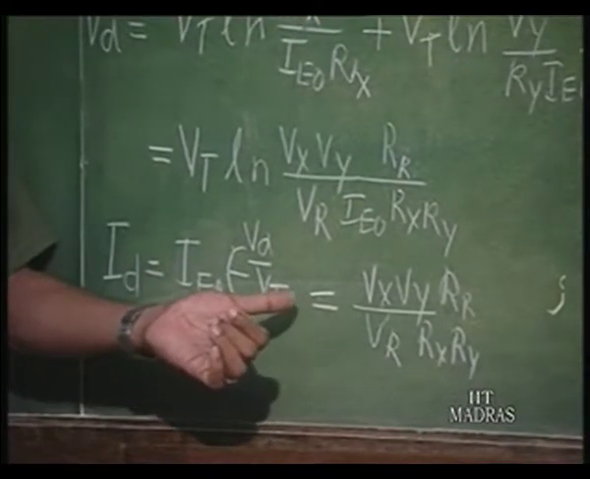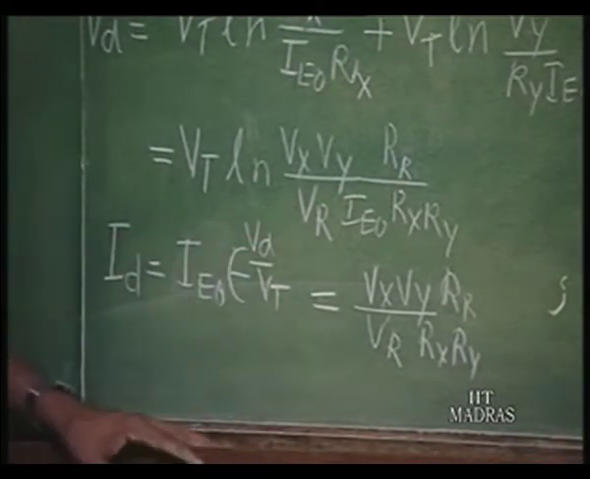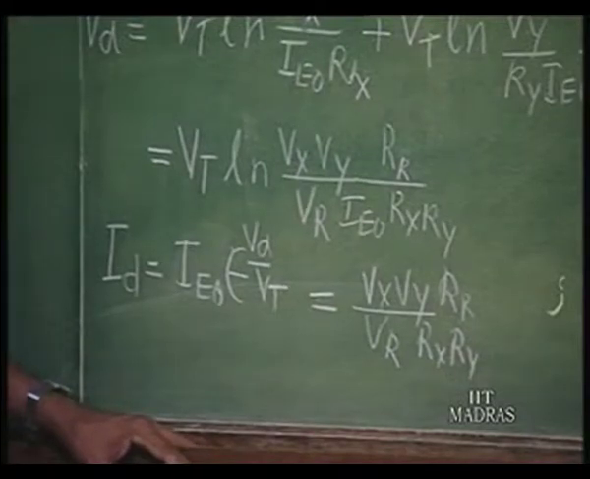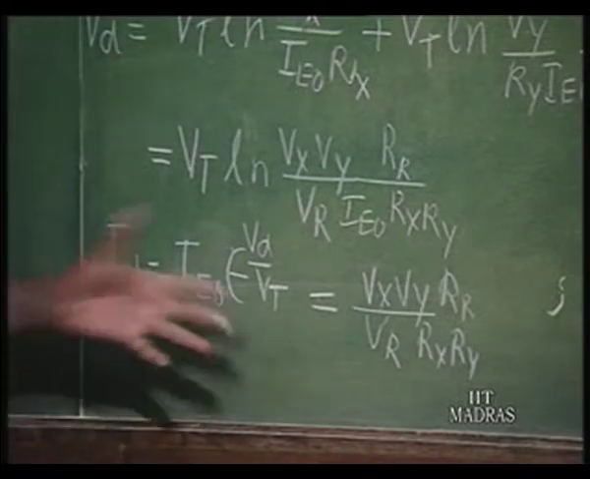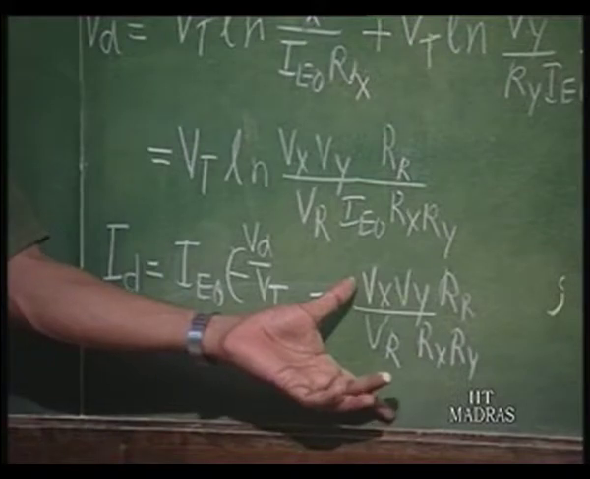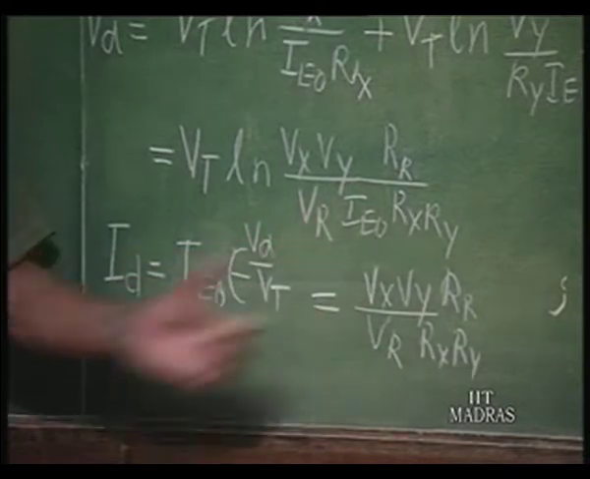So, that I illustrated as a sort of place where it is not necessary to use compensated amplifiers, because when you take log and antilog, both effect of Vt and IE naught get cancelled. So, this current is got. This is a very accurate method of getting this multiplier,